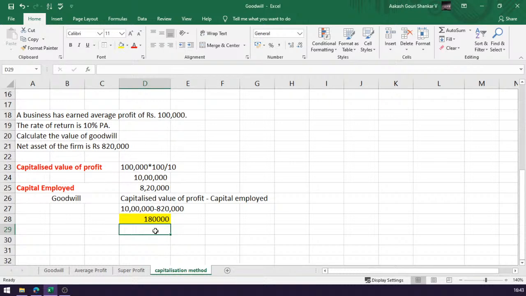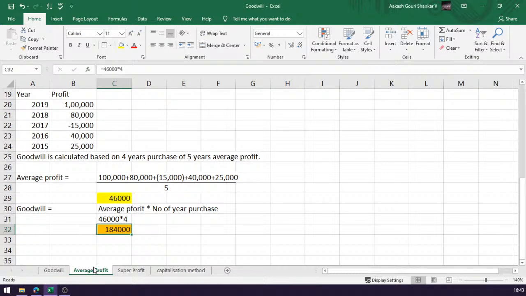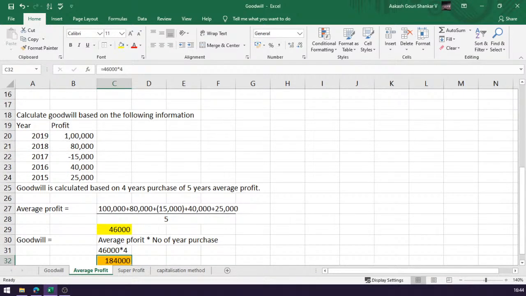Okay, one of our friends has asked, do we need to provide calculation for goodwill only if the firm earned a profit? I can tell you, even if the firm suffers a loss, we can find the value of goodwill. If the firm is consistently making a loss, obviously the reputation of the firm will not be that good. In this question we have discussed that due to some unexpected event, there was a loss in one year.